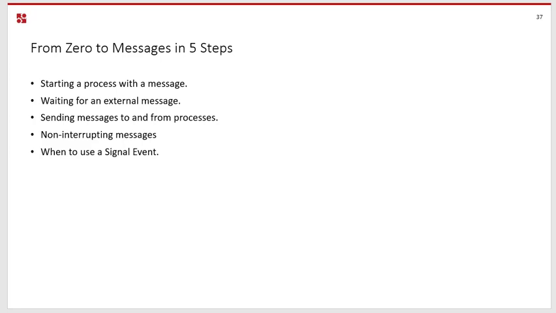And then also we'll be talking about non-interrupting messages. This is a really good feature. This means that you can send a message to a process without necessarily interrupting what's happening with it. So you can maybe do these things in parallel. It can receive a message while at the same time have another state active as well. And then finally I'll talk about the signal event. Most of these involve the message event, but the signal event is another symbol in BPMN and is more so used for broadcasts. I'll maybe have a quick chat and show you how signals can be used within Camunda and what use cases they have. Okay, so with that done, let's get started.